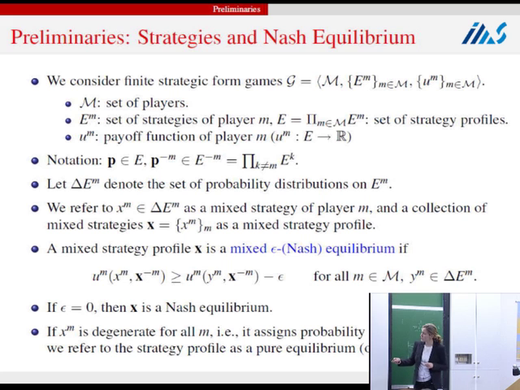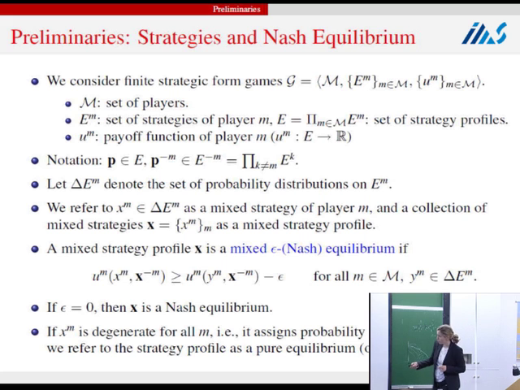And the notion we're going to be interested in is the epsilon Nash equilibrium. We're going to say that a mixed strategy profile is a mixed epsilon Nash equilibrium, I will drop Nash most of the time, if unilateral deviations cannot improve payoff by more than epsilon. So we may have a little bit of improvement, but not more than epsilon. We're just introducing a little bit of slack with respect to Nash equilibrium to capture the notion of approximate equilibrium sets. So if epsilon is 0, obviously this is just a mixed Nash equilibrium.